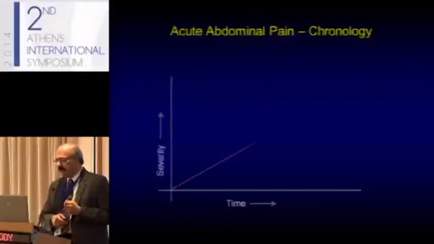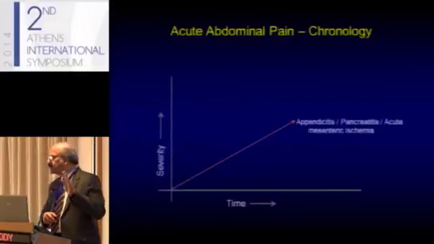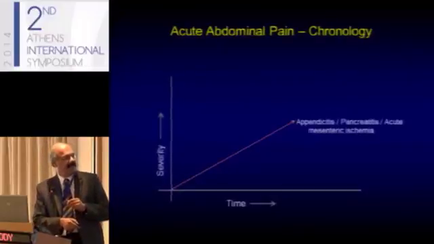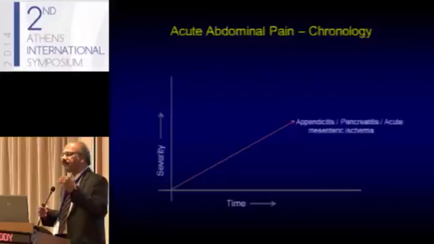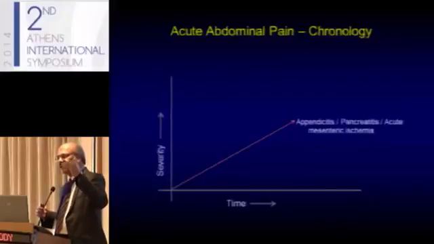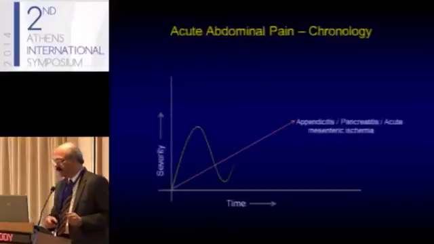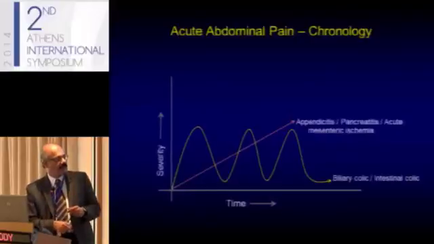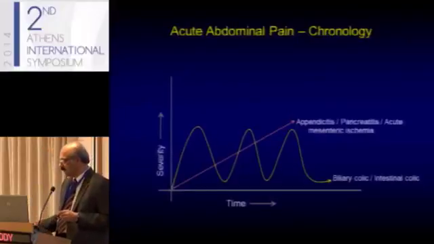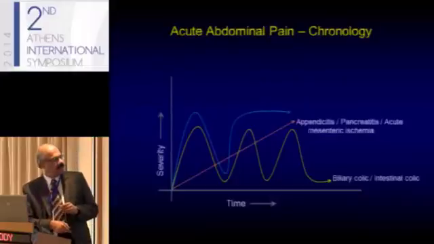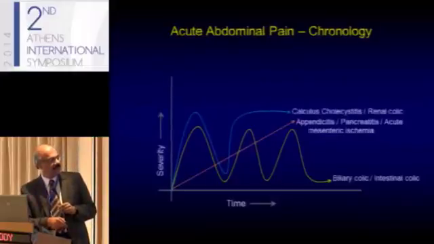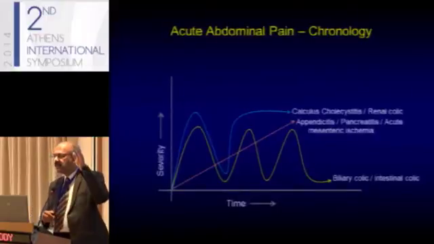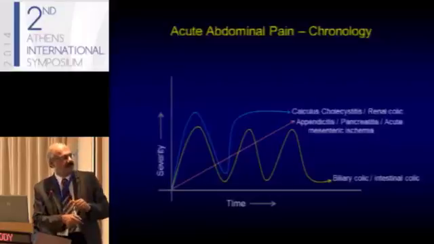Now, first of all, in some patients the pain comes slowly, peaks, and then stays like this. This is a classic example of appendicitis, pancreatitis, or acute mesenteric ischemia. So pain comes in 3 to 4 hours, it peaks and stays at that level. The second category of patients are those in whom the pain is colicky, crampy, comes down, goes up, comes down. This is classic of biliary colic and intestinal colic. The third category of patients are those in whom pain is initially crampy but becomes continuous, and two classic examples are cholecystitis and renal colic. So you get severe pain, comes down, comes again, and then becomes constant.